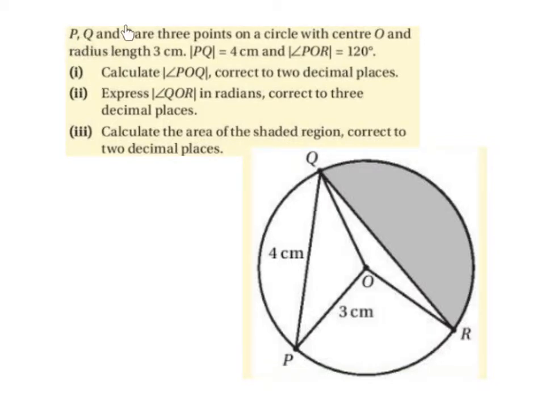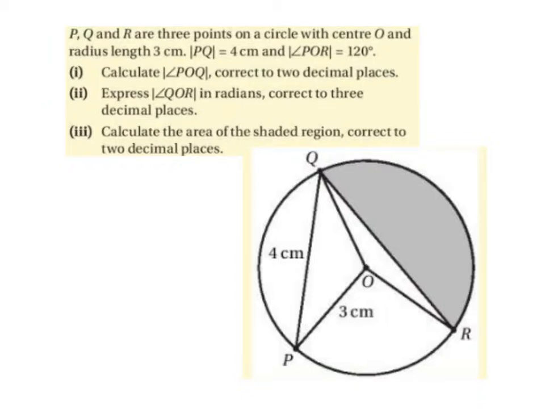P, Q and R are 3 points on a circle with a centre O and a radius length 3 centimetres. So here's our circle, here's our centre O, and here's our points P, Q and R. So the radius is 3 centimetres. So from O to Q is 3 centimetres, from O to P is 3 centimetres, and from O to R